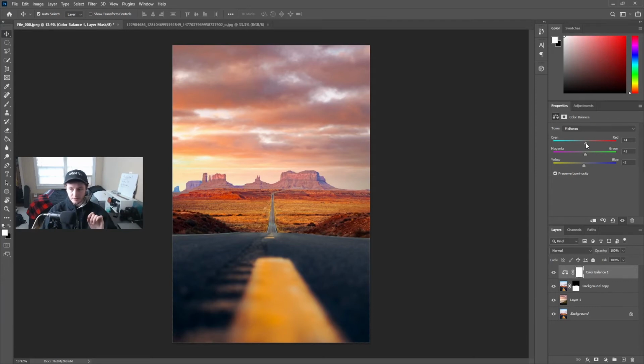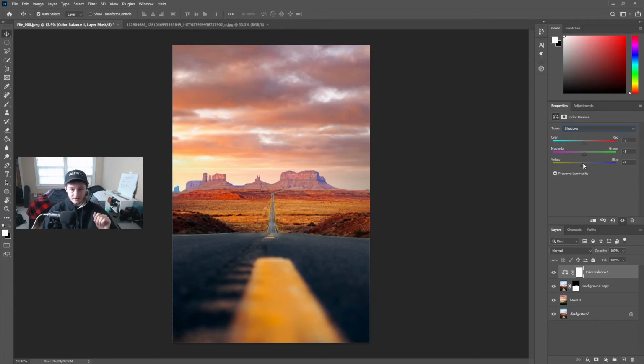Like, don't just drag it all the way, because it's going to end up looking like that, or like that. Or I was at +4 for the midtones. Shadows, barely touch the shadows whatsoever, like 1 to 2. If anything, like 1 up or 1 down, or 2 up or so. Just whatever looks good to you, really. It's all self-preference, but my goal is to not go past 5 at the most,